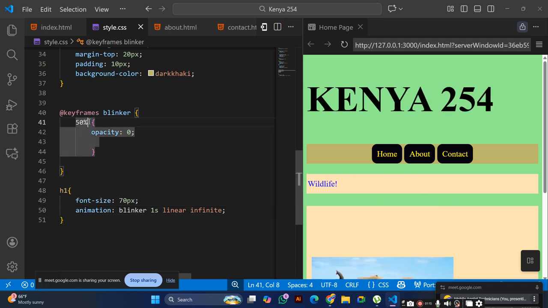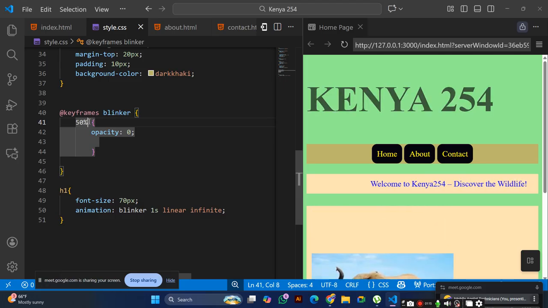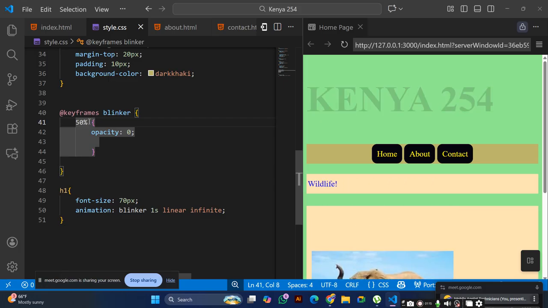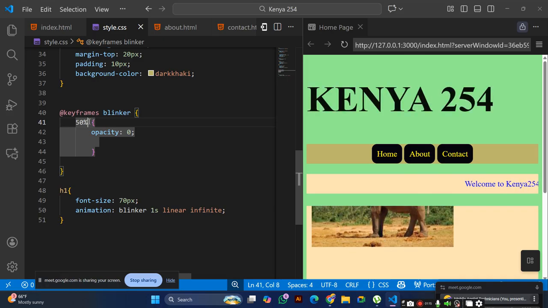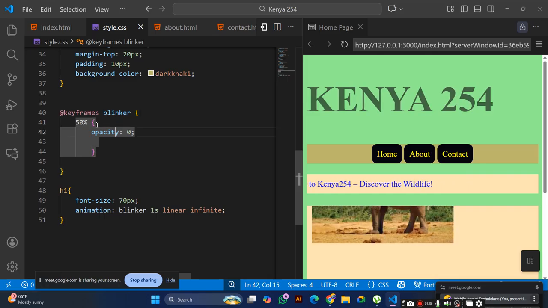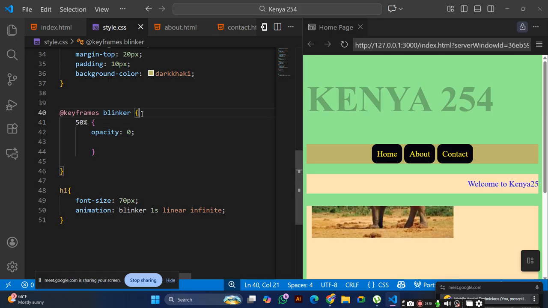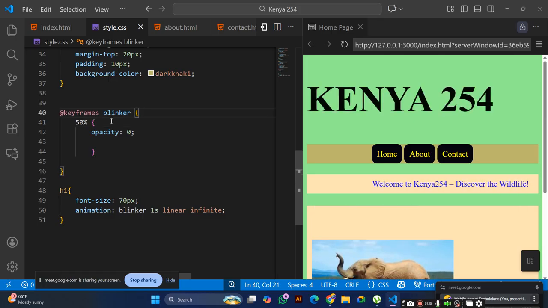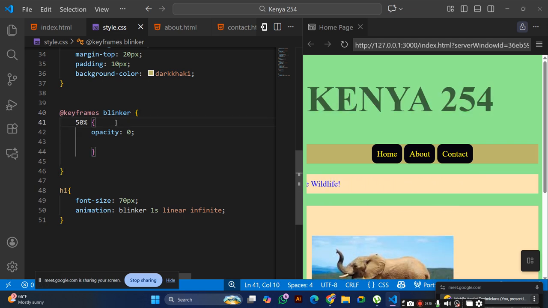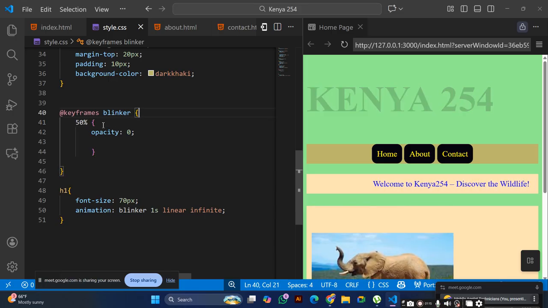You press shift, then you press 5. I'm not saying percentage. The next one that's close to it. The opening bracket.